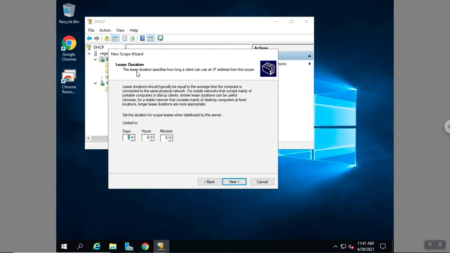Here's the setting of interest. I want to reduce the lease duration for the address to 0 days, and I want to reduce it to, say, 4 hours, so that any device or system has a lease on an IP address for a morning or an afternoon. The reason I want to reduce this down to a number of hours is that when hackers come in here and they start to reconfigure your network settings on devices and systems,